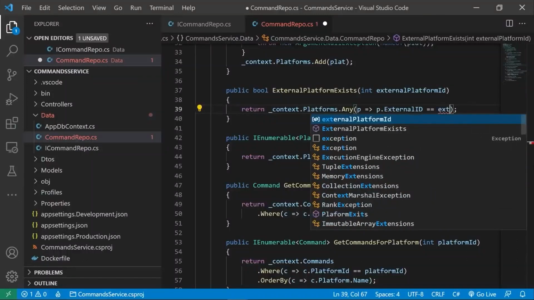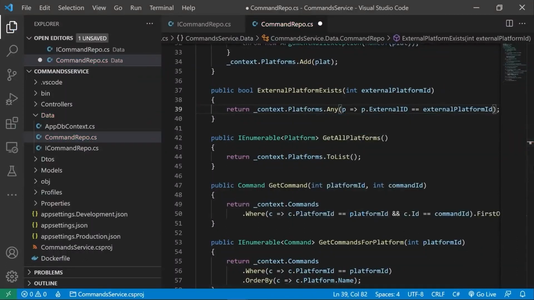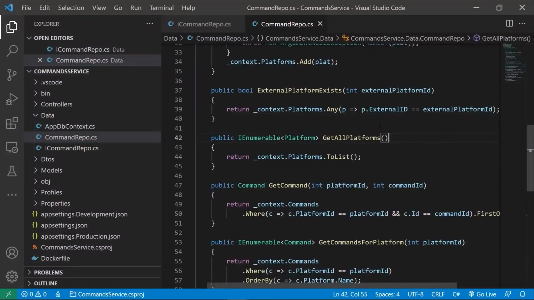the external platform ID. All right, so again, similar concept, we're just going to check to see whether we have that, because we do not want to double add more and more platforms if we've already got them, and we're doing that based on the external ID. Fantastic. So just a quick change, and now what we're ready to do is we're going to move on to